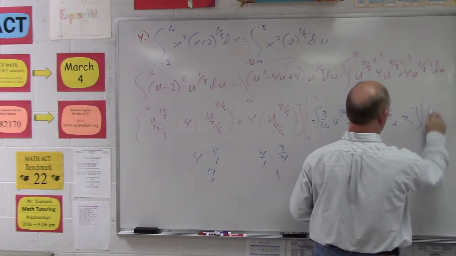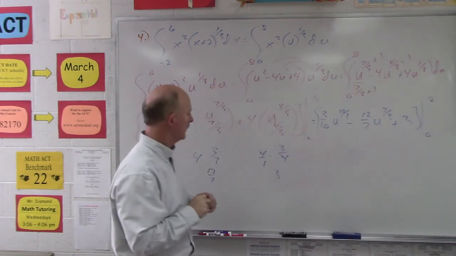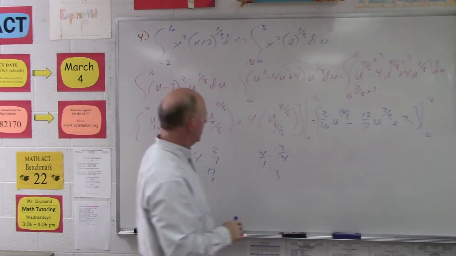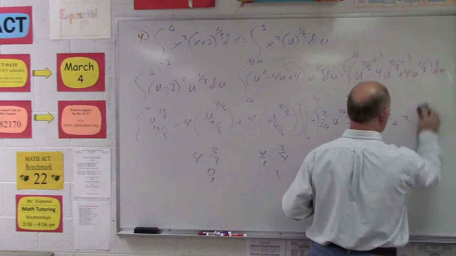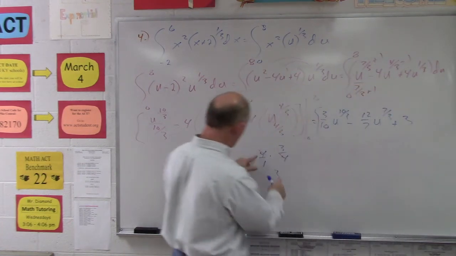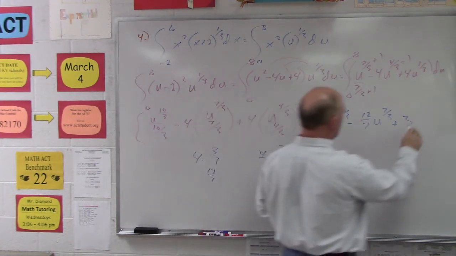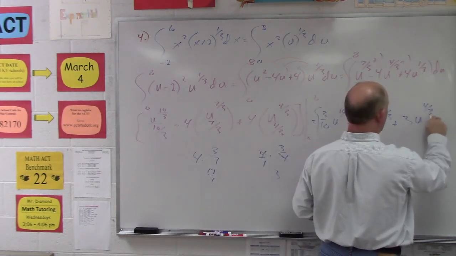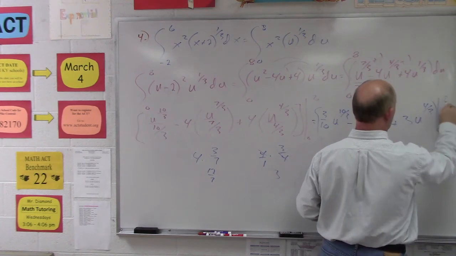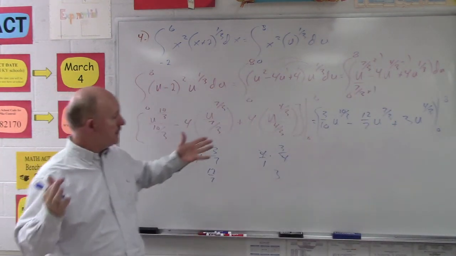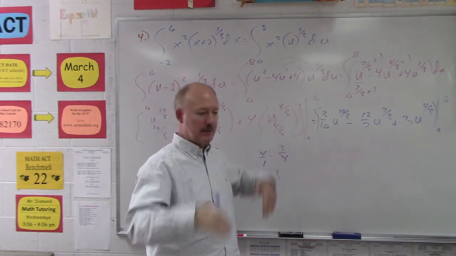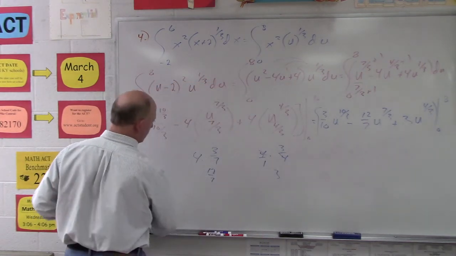From 0 to 8. That'll be plus 3u to the 4/3 power, from 0 to 8. All right, now we found our antiderivative, and now we want to substitute the upper bound and the lower bound in. So as we evaluate this,